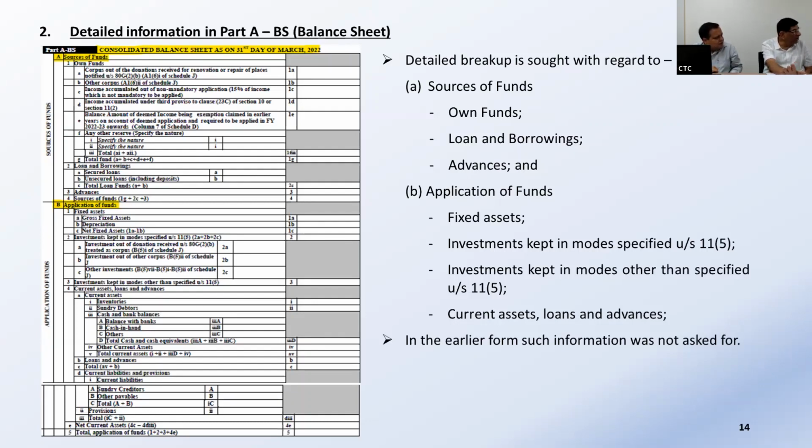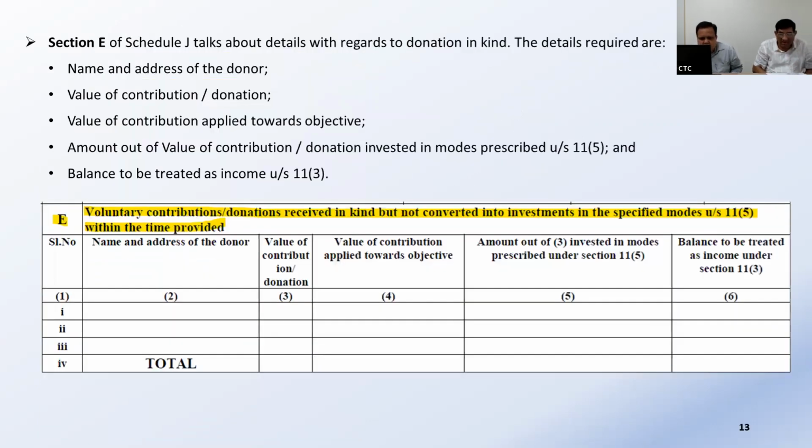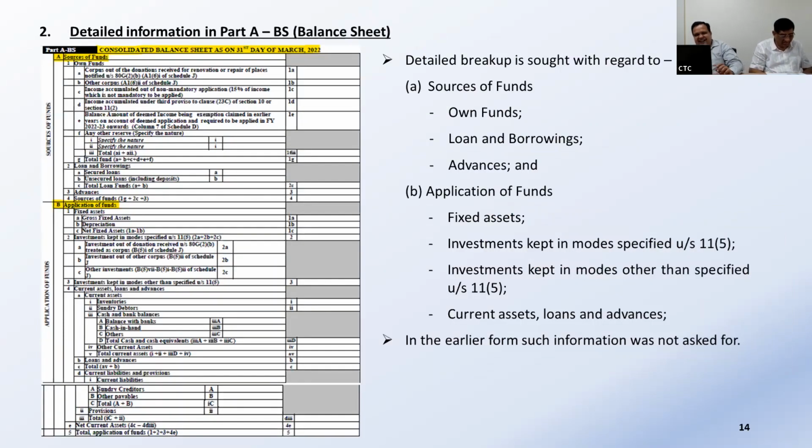Means you have received but not converted. As on 31st March, you have not converted. You are not going to make a mention. That's what I'm saying. That means they need information from you. Then other columns, 5 and 6, get filled into 11.3 automatically. We'll take it offline, because we'll miss out on a lot of things and there's one more session to do.